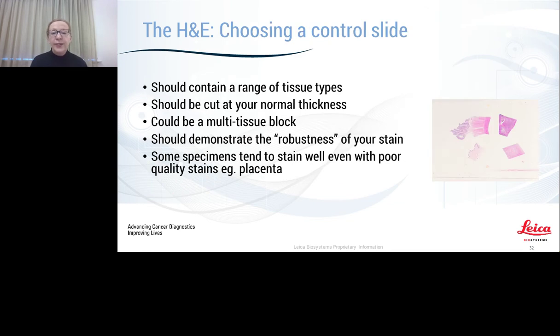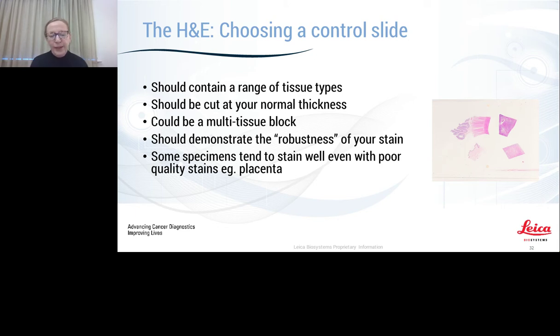So for an H&E, choosing a control slide is really important. It's very important to have a control slide to monitor your stain, but you need to therefore make sure it is robust. So it is a good idea to have a range of tissues that demonstrate just different aspects of stains. They should be cut to your normal thickness, and the multi-blocks do give you an opportunity to really do